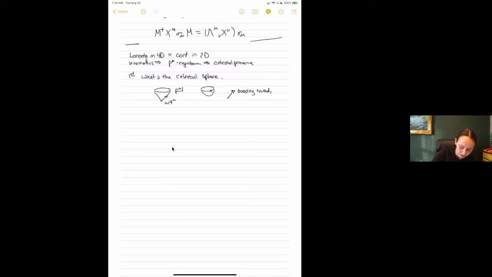Okay, towards like North Pole. Maybe North Star. Good. So what I want to do is talk about the celestial sphere from that point of view. The essence of this story is that there's some sort of omega goes to 0 limit in momentum space that's supposed to equal some asymptotic symmetry.